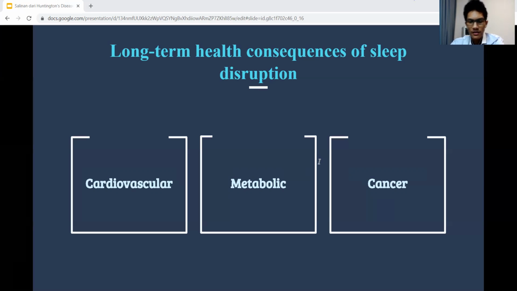And lastly, cancer. Sleep deprivation has also been shown to accelerate tumor formation and may increase the risk of cancer through the disruption of circadian rhythm. An important hormone in circadian rhythm is melatonin. It has some important properties, including DNA repair and inhibition of tumor growth, and it may also act as a potent free radical scavenger. Now, exposure to light at night decreases the production of said melatonin, which may lead to